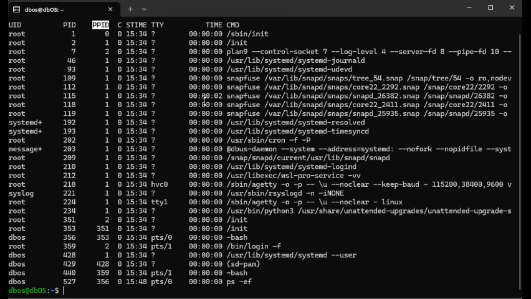So this is one of the usages of the PS command. Monitor the processes, see the system health, and if there is any contention for resources and such, then it gives the system administrator the option of which processes to be terminated